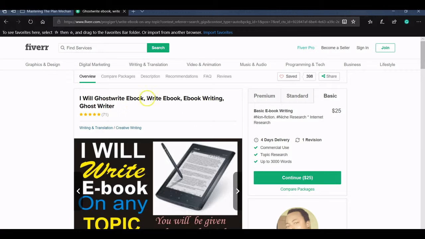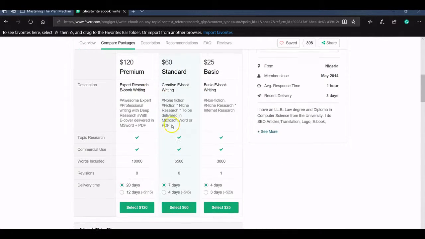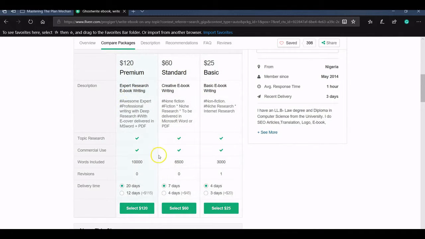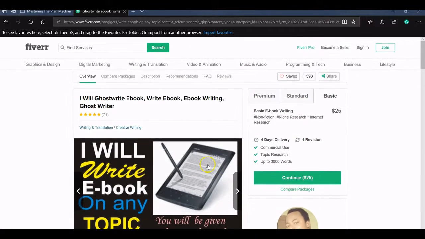In this case, just kind of break it down. You get 3,000 words. You get it for commercial use. They'll do topic research. That's the price that you pay. It's nonfiction, non-niche research. So this is kind of what you get. It'll briefly give you the description of what you get for each. There's different packages and things like that. And that's how that would work. And then to just order this, you would just